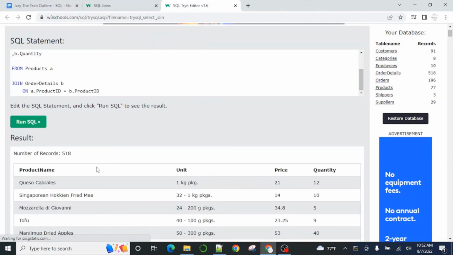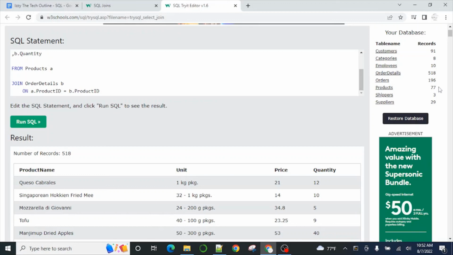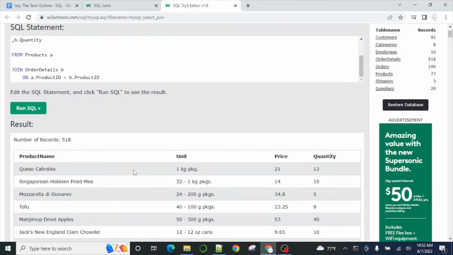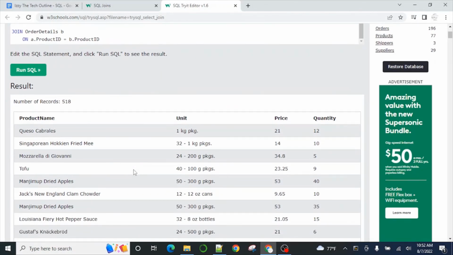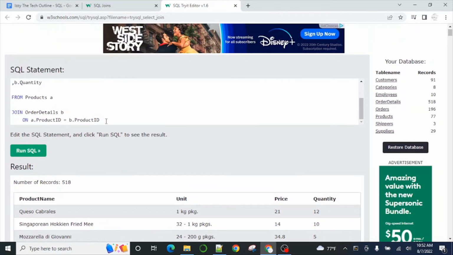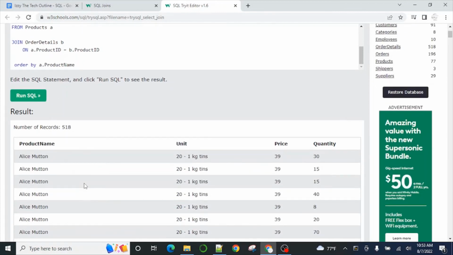Okay, so we have 518 records, and if you look at here, products only has 77. Order detail has 518, so we're getting everything back from products. Okay, so let's say we have everything back. And you know what? Let's put it in order to see. You know what? We're not going to get too far. So let's order by product name. Oops, little typo there. Product name and this. Put a dot so we can know where we're getting this from. Okay. So you see here,